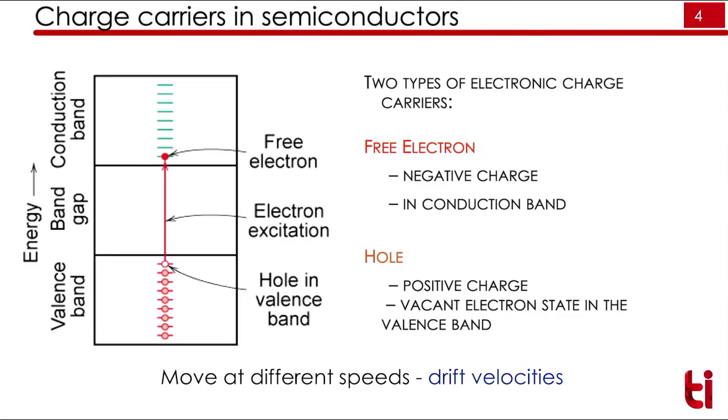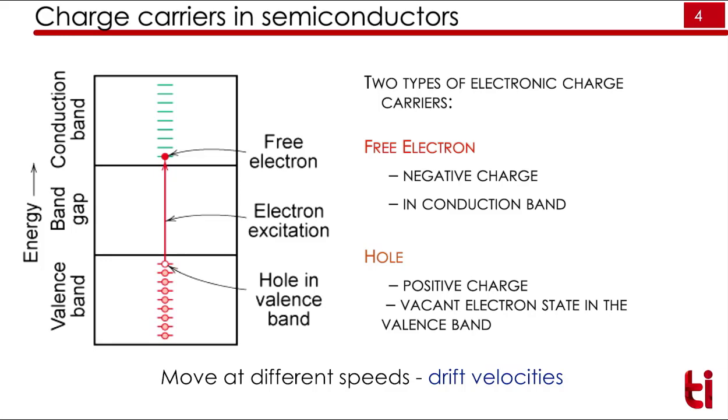There are two types of charge carriers in a semiconductor: one is called electrons, one is called holes. The concept of electron we already know; the concept of hole we will see here. We have a valence band as shown here, and a conduction band as shown here. For conduction, the electron should go from the valence band to the conduction band. Here the electron has been excited and has crossed from the valence band to the conduction band. It has left a cavity behind. That cavity we call a hole.